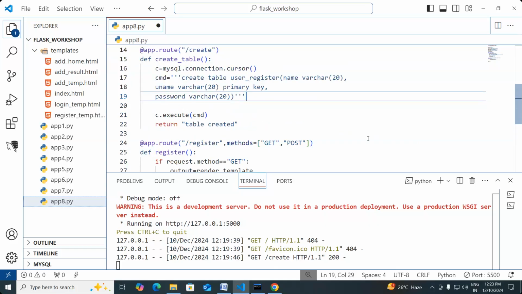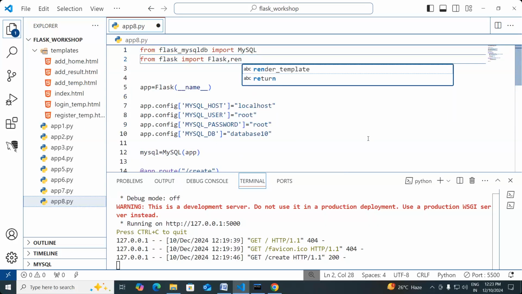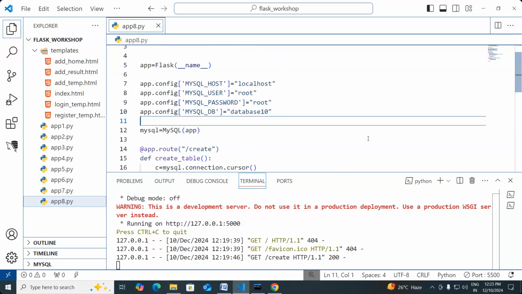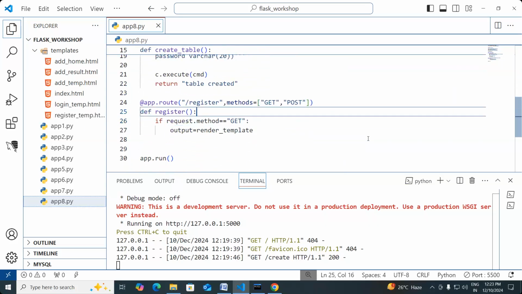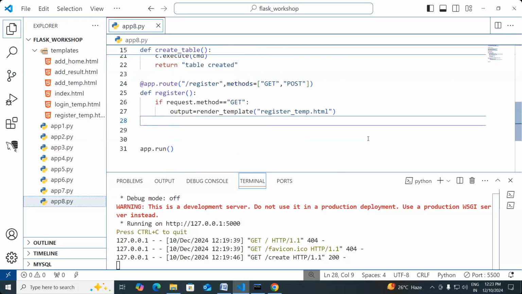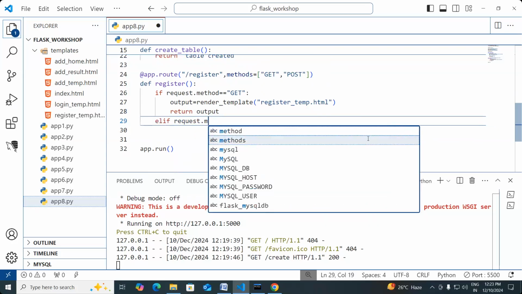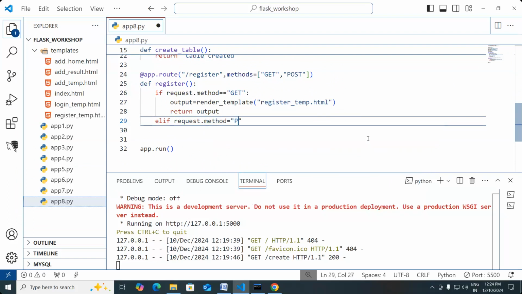render template. Already we created one template. What is a template? Register template. Render template. The template name is register template dot html, and then return output. Else if request dot method equal to post,